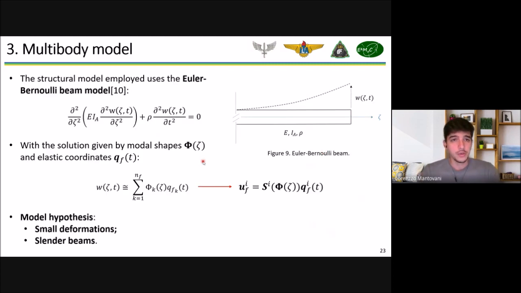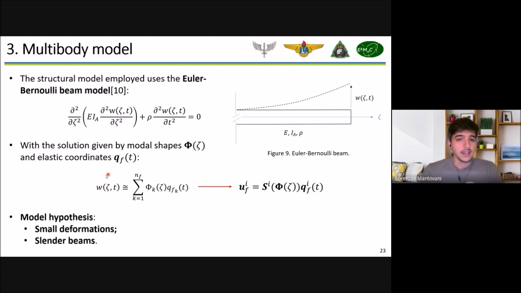So I will briefly talk about the structural model also. As I told you, we use an Euler-Bernoulli beam model. So we have here a clamped-free beam, where W is the transversal deformation of this beam and Z is a coordinate along it. The equation that explains the deformation W is this one. It's a well-known equation. And the thing is that when we have sports booms, we have concentrated tip masses, mass and inertia. So the boundary conditions are a little bit different from a traditional clamped-free beam, but basically we can obtain the result the same way.